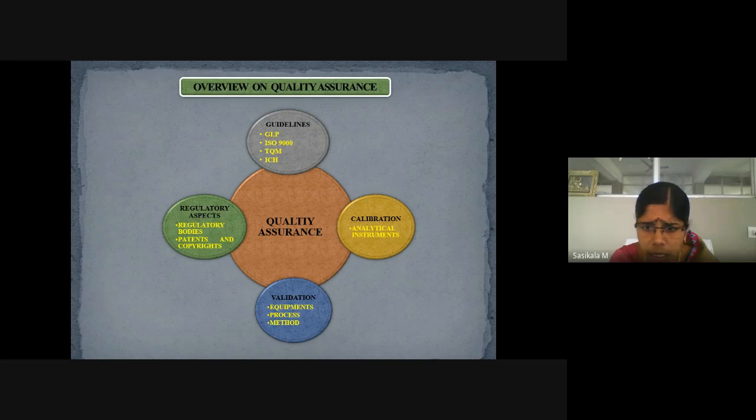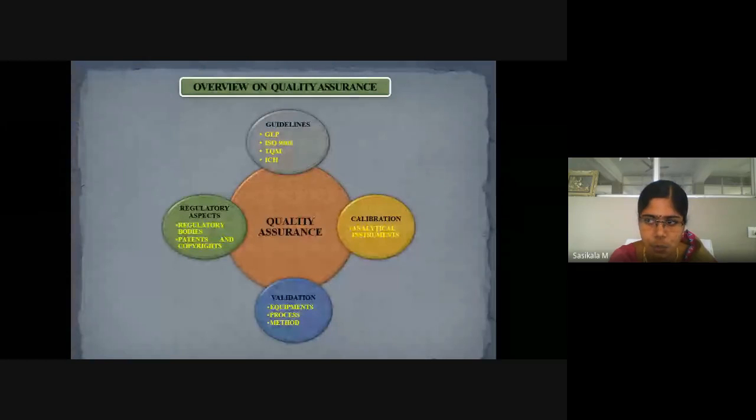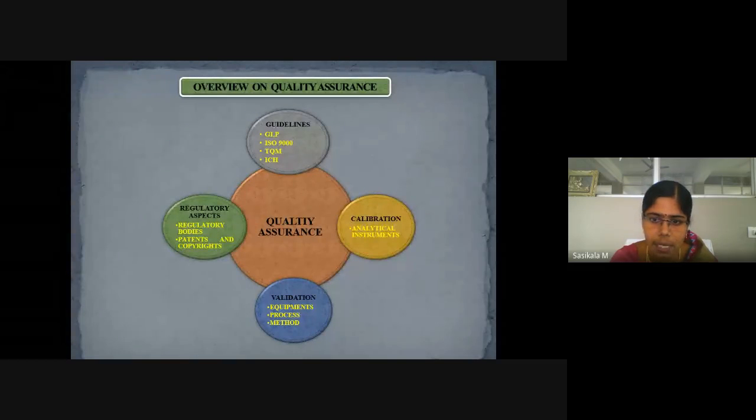The next part is calibration. Before using instruments, either chromatographic or spectroscopic or any electrochemical instruments, we need to calibrate them. Calibration is done to ensure accurate results. We can get 100% accurate results by calibrating analytical instruments. So what is calibration? What are the different types of calibration? When will we be calibrating? What is the frequency of calibration? Which instruments are calibrated? What time period is it calibrated for? What is the calibration standard? All this will be discussed under the calibration part.